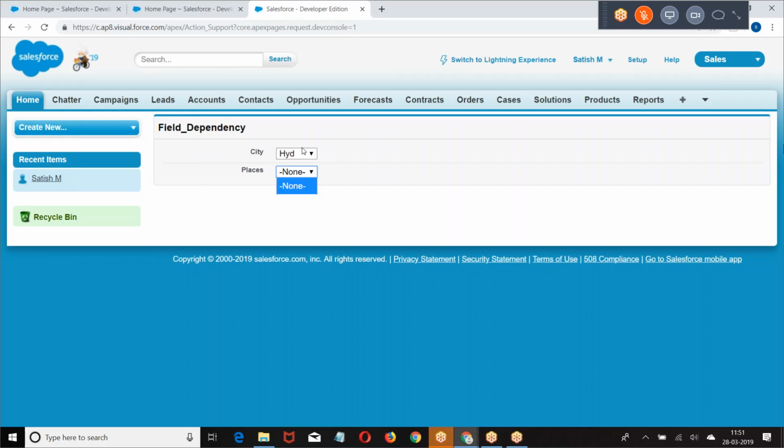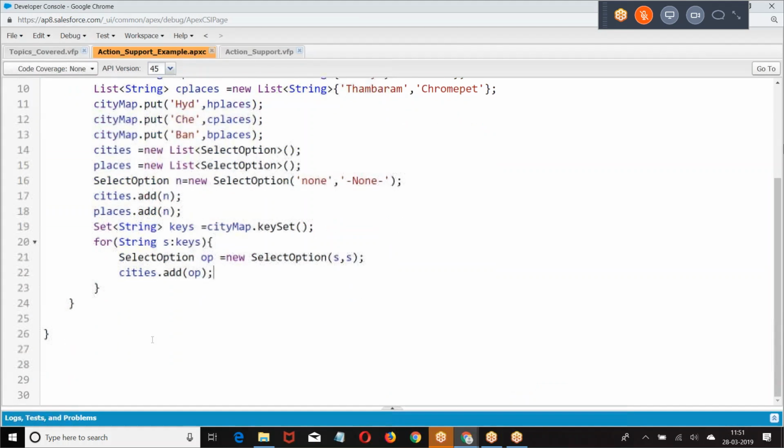But in my case, I don't want to call JavaScript. I want to call a method from Apex class. When the event occurs, I want to call a method from Apex class. So let us see this example here. I am creating a method here. Public void